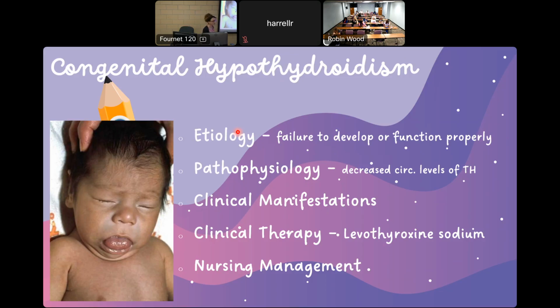Thankfully, we do what's called a newborn screen. You might hear it referred to as a PKU at some hospitals, but it's the newborn screen, and they basically do a heel stick on the baby and put their blood on this filter paper that gets sent to the state lab where they do a lot of additional testing on it. It's basically a screening tool. It tests for a bunch of metabolic and endocrine conditions that can be very detrimental to brain growth and very life-threatening in general. So this is something that we test for on the newborn screen,